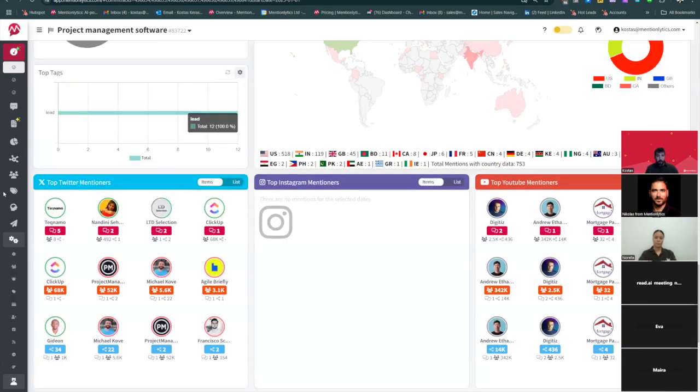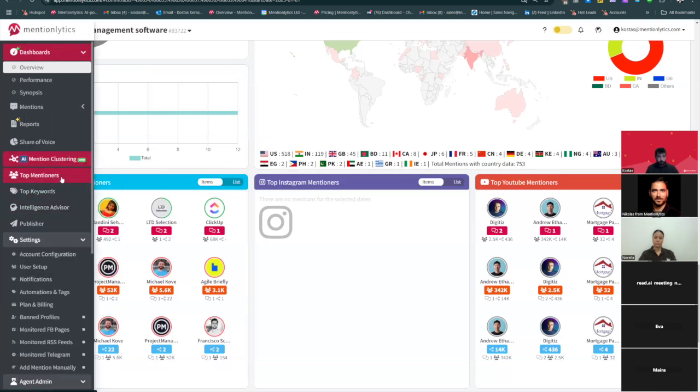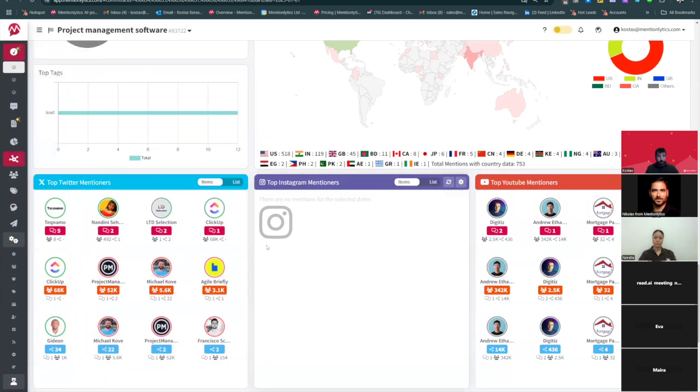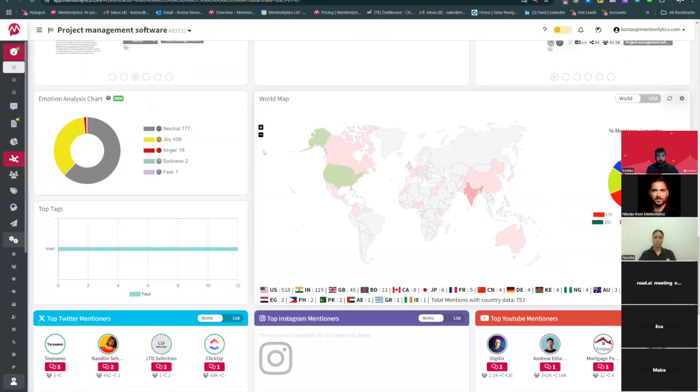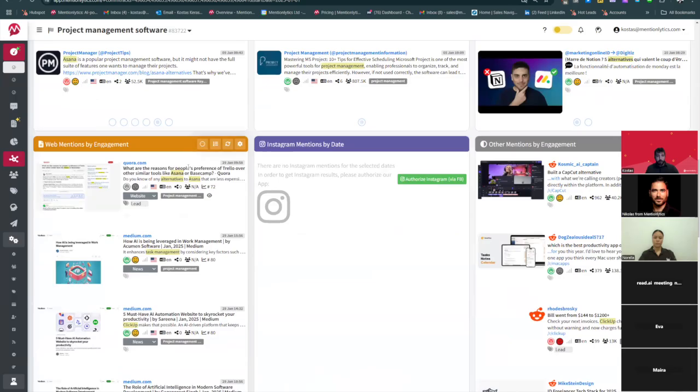Now, let's see quickly some other things that we can do with this information. I'm also going to open this for later. A very important thing is to be able to manage the leads that we're getting. It's one thing to have all this information on our plate, it's another thing to be able to manage them efficiently.